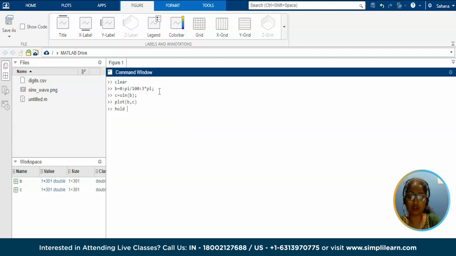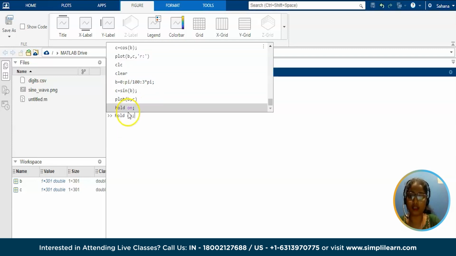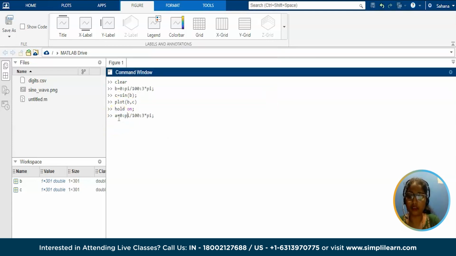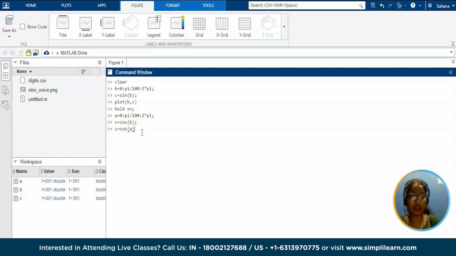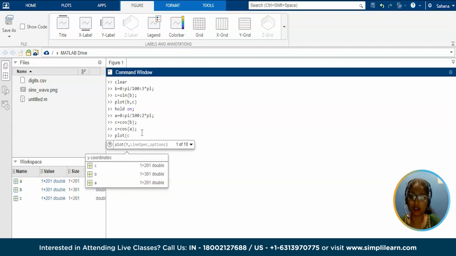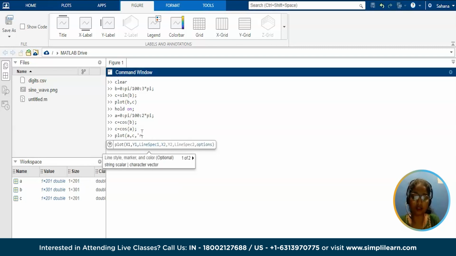Then I'll say hold on, and I'll give one more equation which is equal to a, and I'll change this equation to 2 pi. Now I'll say c is equal to cos of that new equation, that is a, and semicolon. Then I'll say plot a comma c comma r, that is the color,